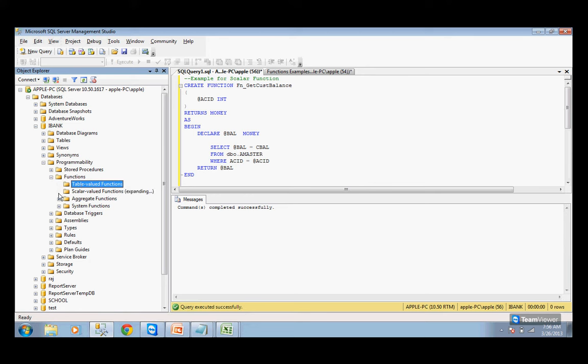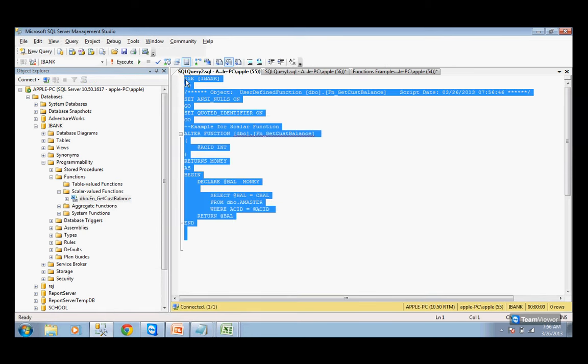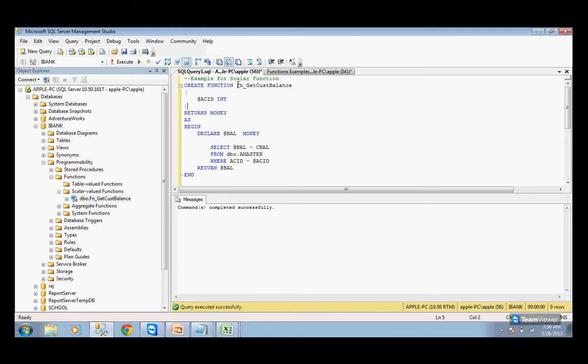So inside the scalar valued functions, you should be able to understand this. And if you want to modify, go to modify, then you can see the syntax. This is your syntax which you just now created. So this is the one. Now, how do I call this function? Once you create it, this syntax, this word, you don't need. How do you call? Simply say select,